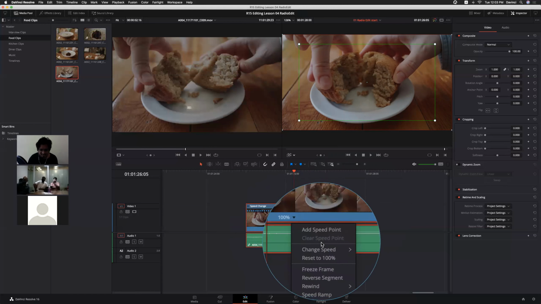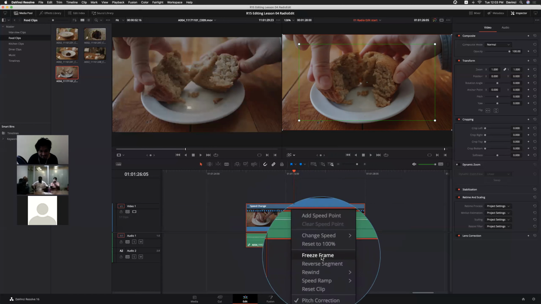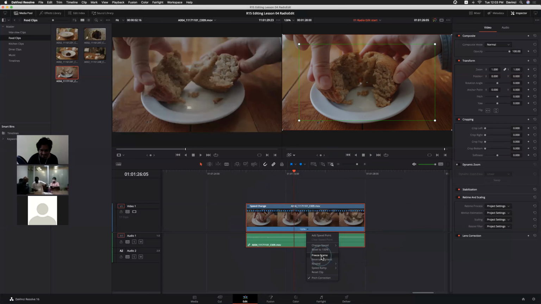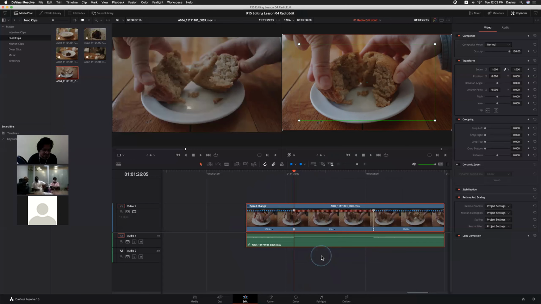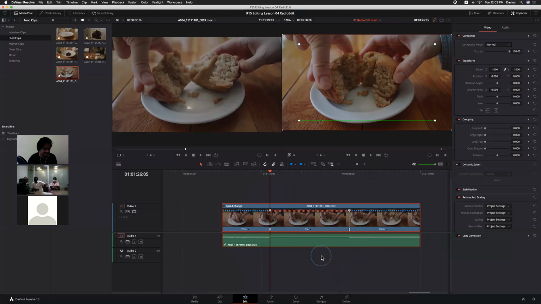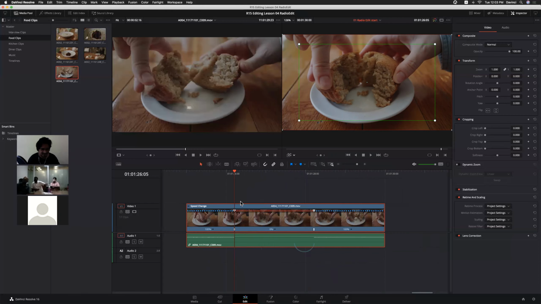Now within these options, here also we do have freeze frame, but it's a different thing. In the previous case, it created a freeze frame based on a particular selected frame, right? But when I click freeze frame here, now it holds the particular frame. Instead of creating a separate clip, it holds the particular frame.